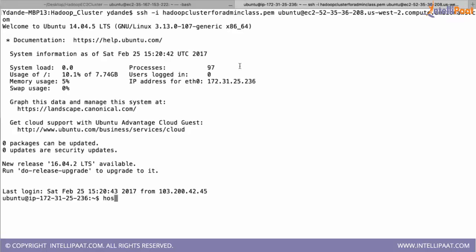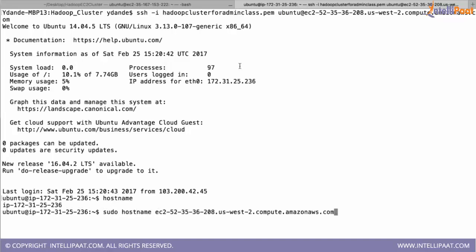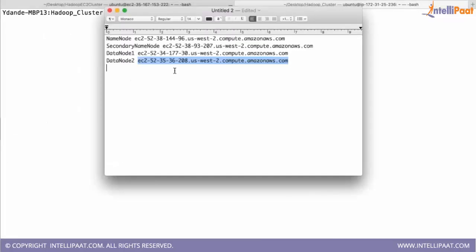When you give hostname, yes, it changed. So I have changed the host name for all the machines, from the name node to data node 2.